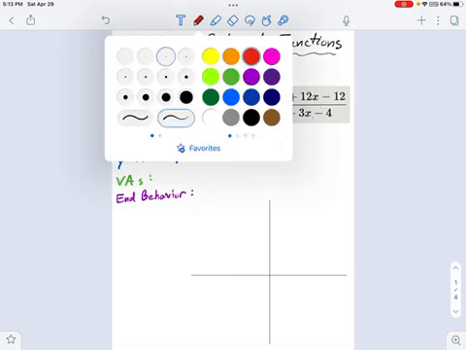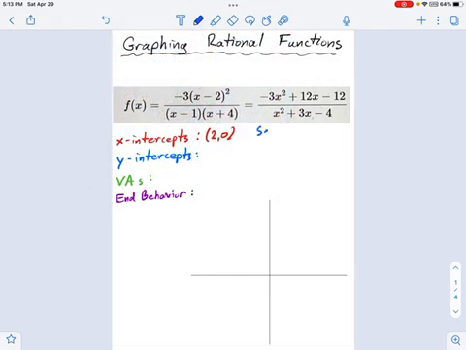Now the y-intercept, these ones are easy, right? We just set x equal to 0, and that tells you where the y-intercept is located. And what's so nice about this unfactored form right here is watch what happens as all the x's become 0. Just about everything wipes out, and all you've got left is negative 12 over negative 4. Well, that's the location on the y-axis. You could say (0, negative 12 over negative 4).